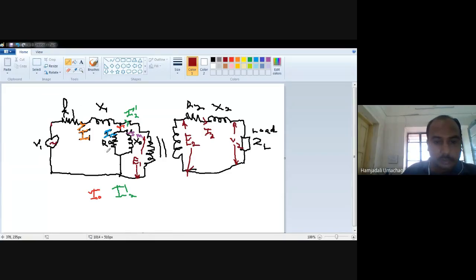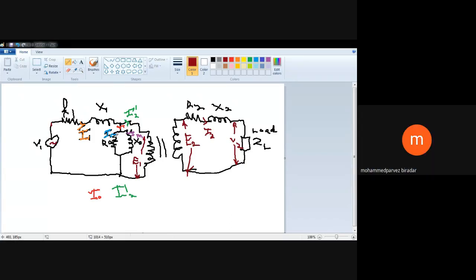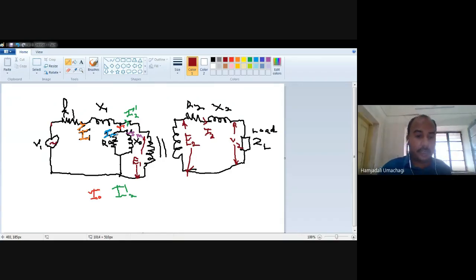Then this whole parallel branch, whatever you are seeing here, this is the magnetizing branch. This magnetizing branch is not there in your diagram. For that sake, I have taken the help of Paint and I have shown this magnetizing branch here. And this magnetizing branch consists of some elements, right? It is the parallel combination of R0 and X0. Through this R0 resistance, the current flowing is this blue color IC. What is this IC? Yesterday we have seen. Current responsible for total loss, or active current.